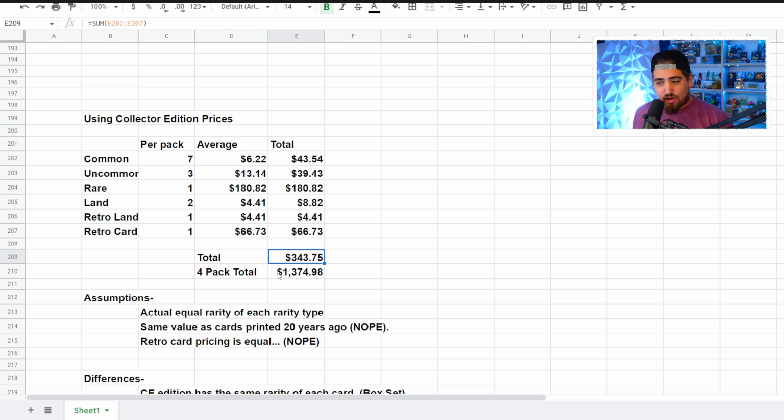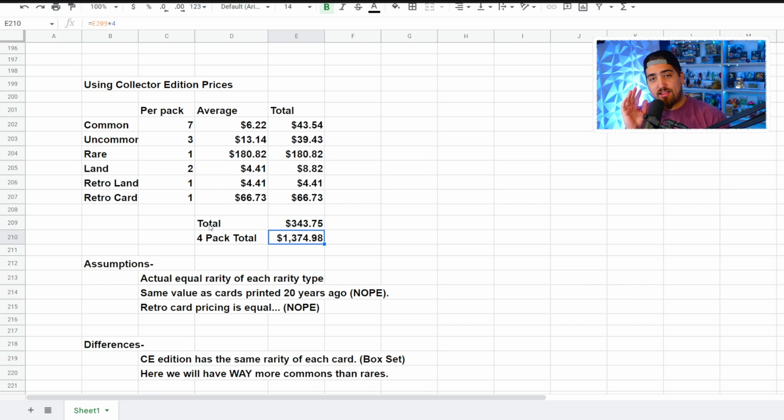You have a 4-pack total then. This was $1,000 for the 4 packs from Wizards. It is going to be $1,375, essentially, $1,375. So here are the assumptions, which is, you need to hear this, because I am not saying that you're going to be able to get